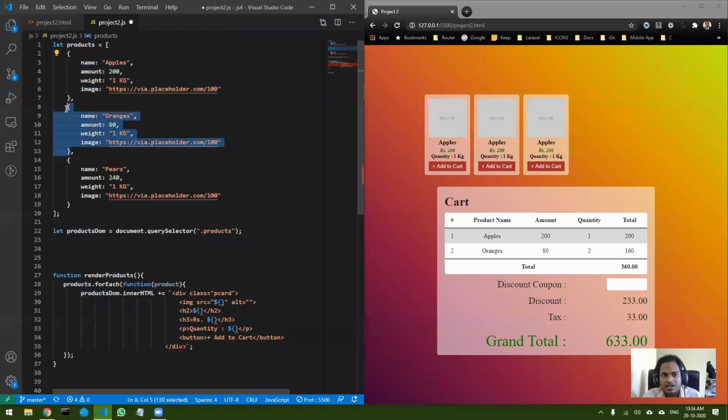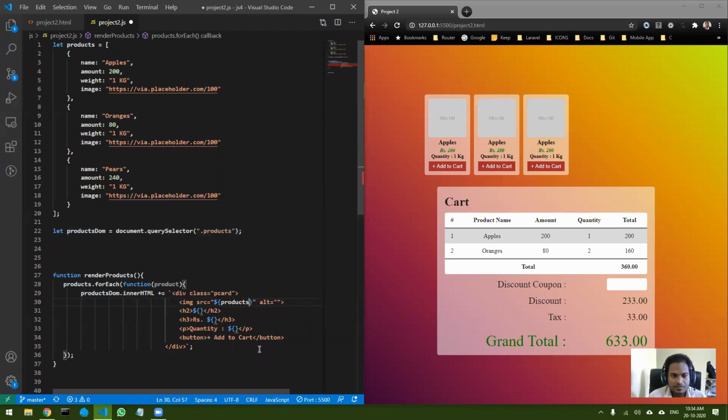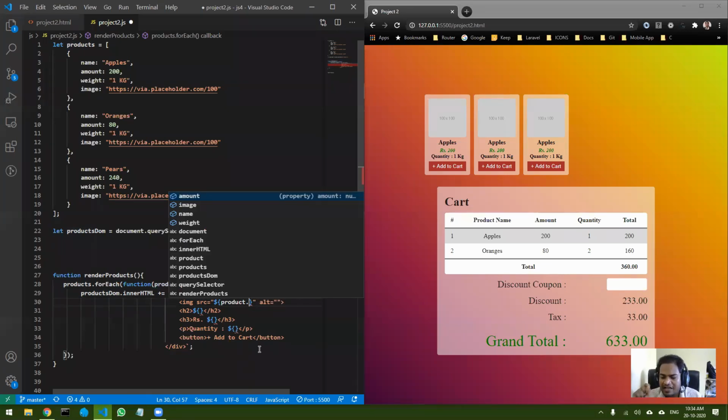Inside that object, if you want to target one particular element, you can use just product dot, and you have to use the dot operator whenever you want to access a property of the object. You can use either dot or square brackets also. So dot image. The key name, property name, is image. When I do that, it will replace this with the proper image.